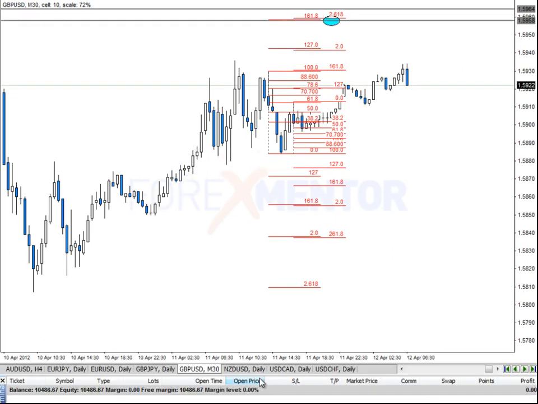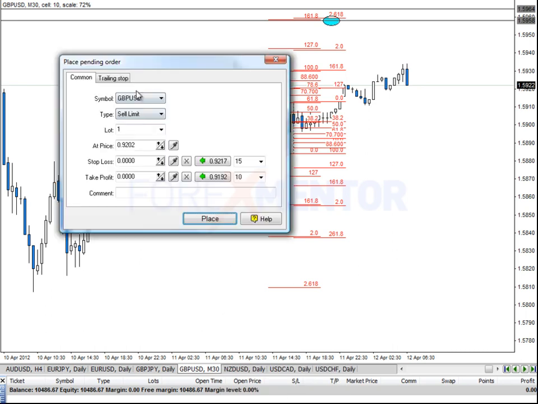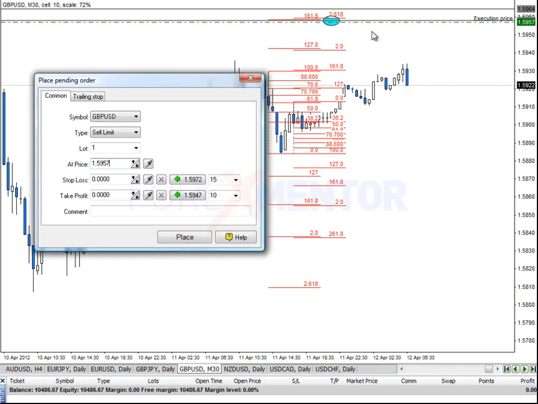So I want to go to our order platform, new pending order. We want to sell at, let's put 5957, so I'll be a pip below. Okay, it's still a small time frame pattern. You could use 2 pips below if you wanted to. Actually, let's go 2 pips below. In terms of stop loss,